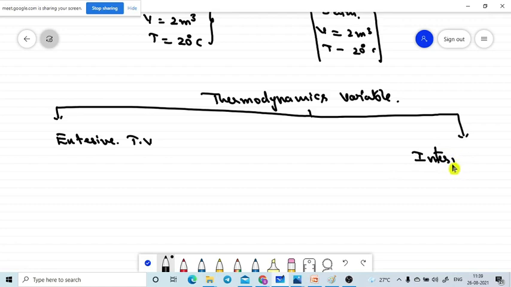So intensive thermodynamic variable. TV means thermodynamic variables. So what does it mean by the extensive thermodynamic variables? It means if the thermodynamic quantities or variables depend on the size of the system, then these variables will depend